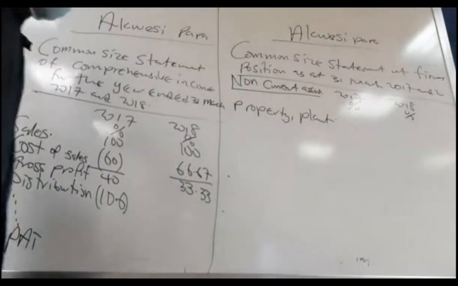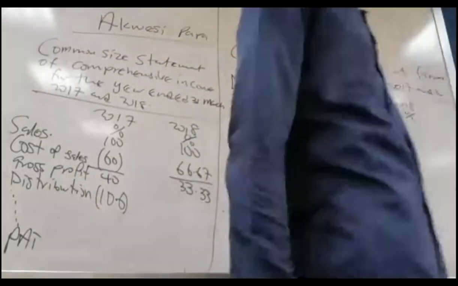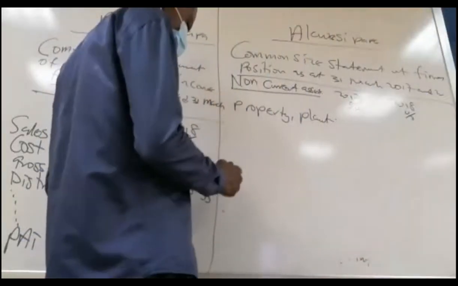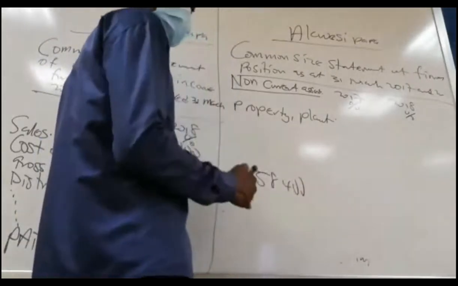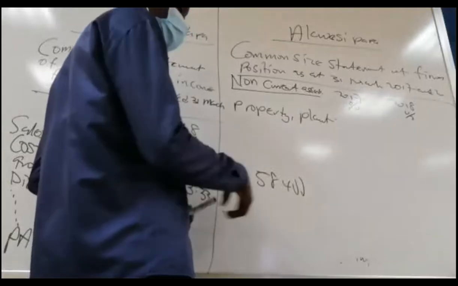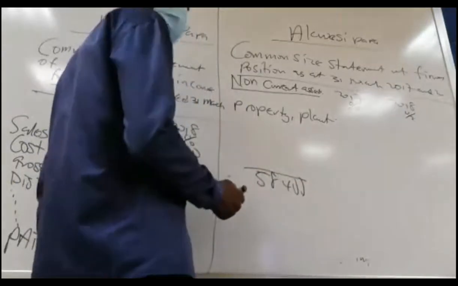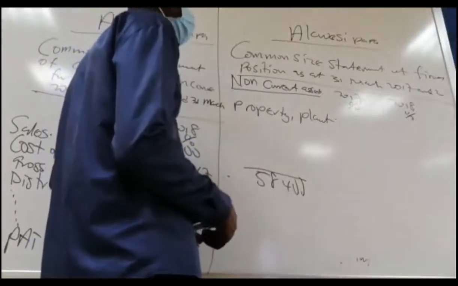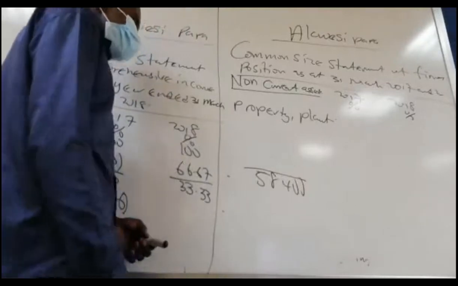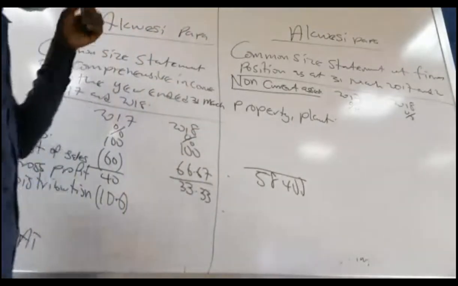What's the total asset in this question? The total asset is 58,400. I'll pick all the items individually, one after the other, and divide by 58,400. So for PPE, you get something like